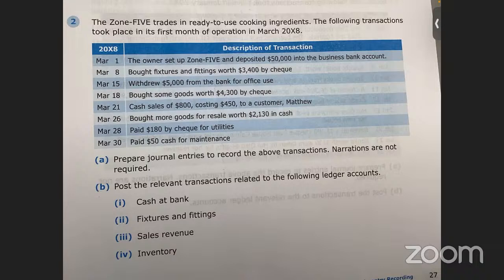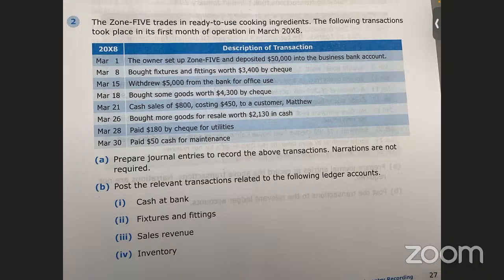I wrote already. I know, but this is the transaction. Okay, sorry, I have to clarify what transaction means. In POA, when they say transaction, they mean what happened in real life. Owner set up this and deposit. That's what happened in real life, no? Okay. Owner withdraw 10,000 for personal use. That's what happened in real life. That's called a transaction. So far, so good?